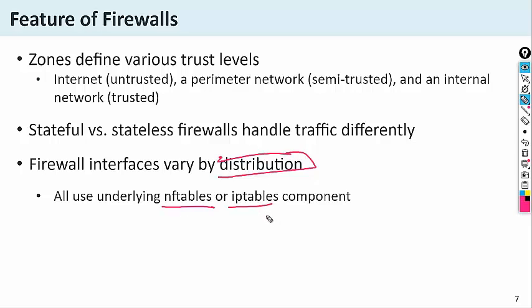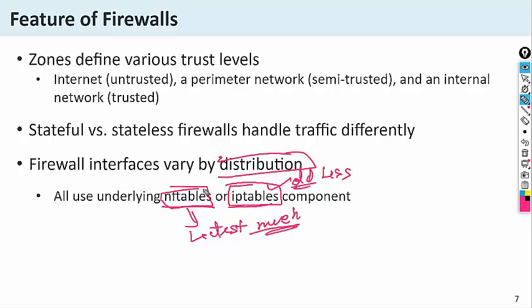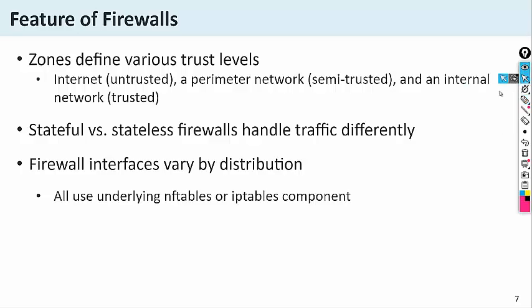These two types of firewall are used. iptables is the old version with fewer features. nftables is the latest version with many more features. So go with nftables. nftables and iptables are available in a